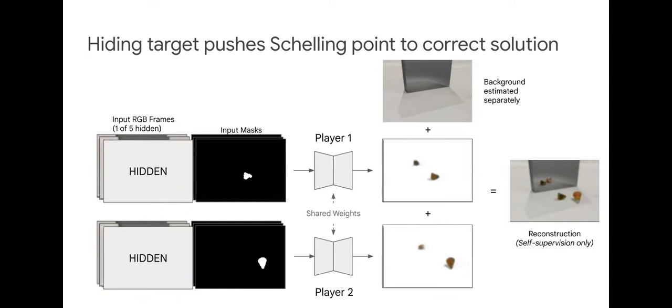And we do that by changing the task from reconstructing the input to predicting future frames. We hide some of the input frames in the sequence and train the network to reconstruct those hidden frames. And this pushes the optimization towards the correct decomposition. In other words, player 1 sees all of the masks for object 1, but none of the masks for the other objects, so it has an advantage at reconstructing the effects for object 1. So every player is encouraged to reconstruct the effects for the object it observes.